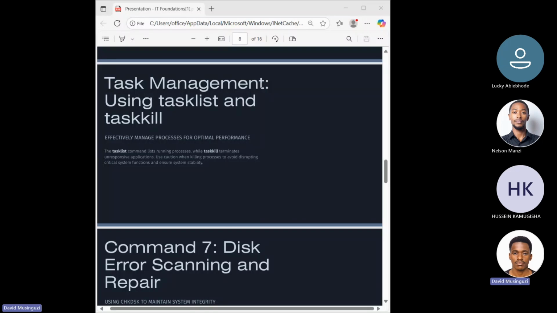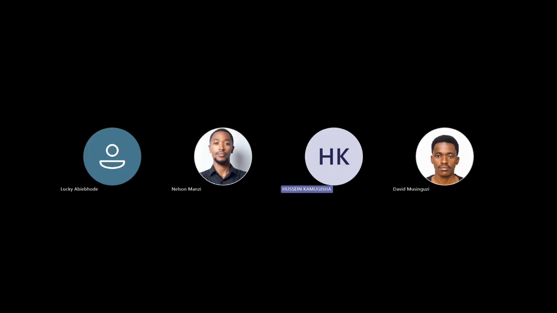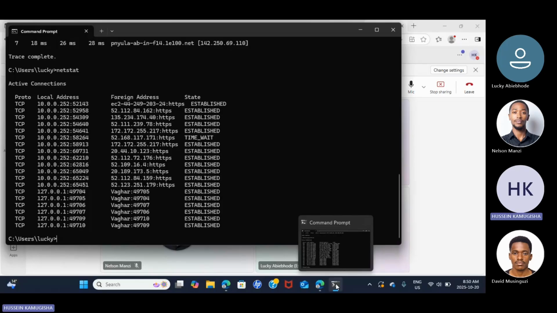Use caution when killing processes to avoid disrupting critical system functions. That's the main issue. So we are going to try out this command too. You want me to try it out on my laptop? Yes.